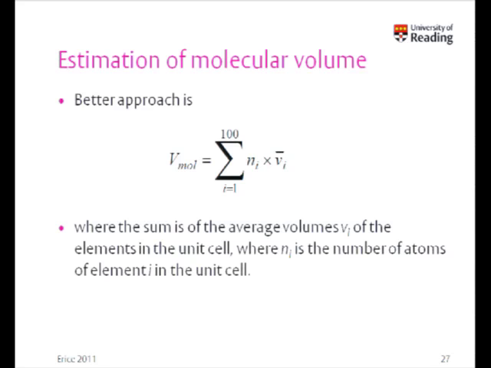It's basically a refinement of the 18 angstrom rule. The 18 angstrom rule is derived from the structural databases. Hofmann's approach is equally derived from structural databases, but on an element-specific basis. So what he's saying is that for any given element, for example, carbon, it has a molecular volume associated with it, some figure. Whatever that figure is, multiply it by the number of carbons that you have in your molecule, and then do the same for the hydrogens with a different value, and the same for nitrogens, etc. So you just do this little sum over, and that gives you an estimated Vmol.